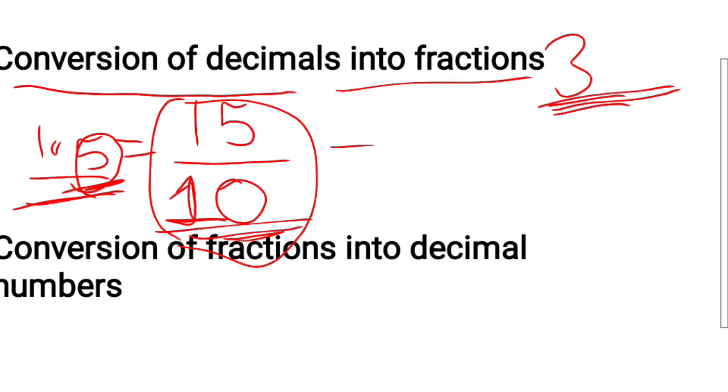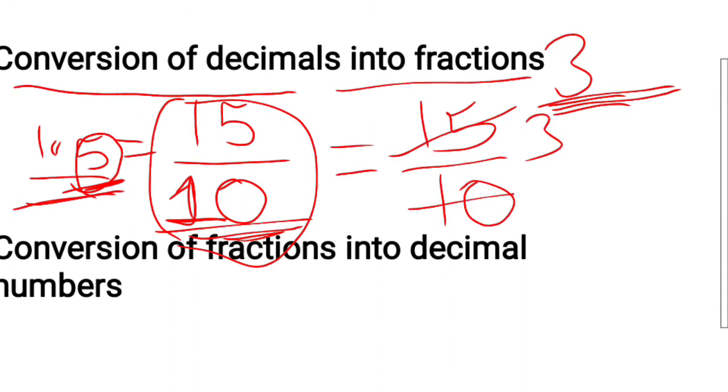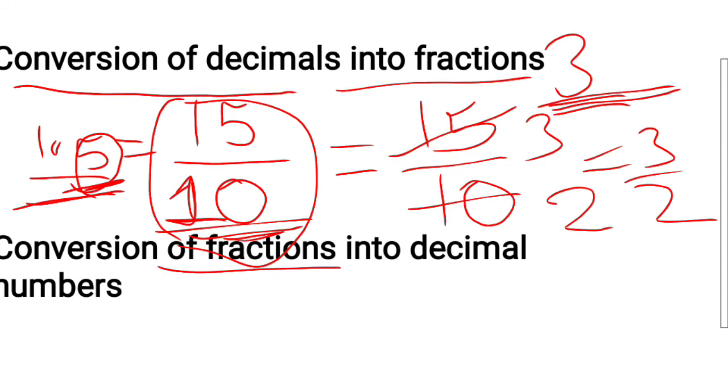You know how we can write this fraction in lowest form. If you are able to cut any number, then you can cut, like 5 threes are 15, 5 twos are 10, that becomes 3 upon 2. So that is our final answer. In this way we can convert any decimal into a fraction. Now conversion of a fraction into a decimal. If any fractional number is given, then how can you convert that into a decimal number?